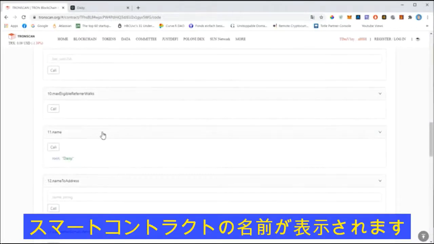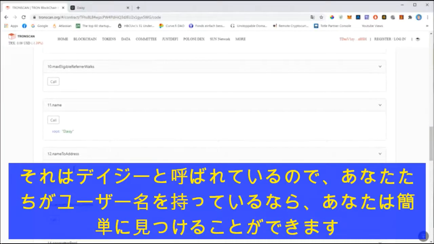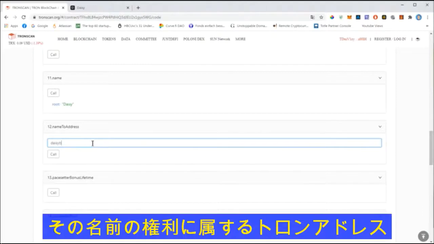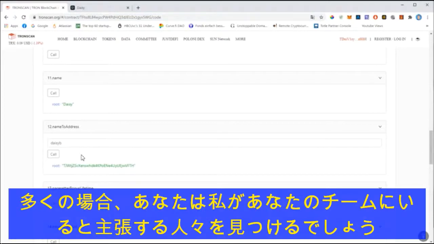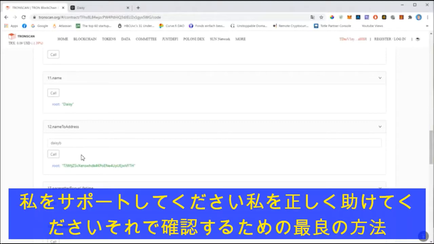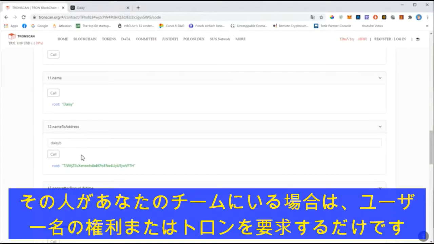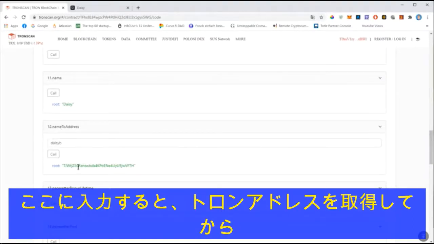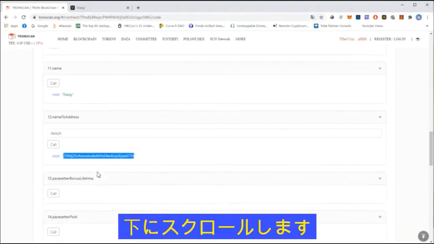So it shows you the name of the smart contract. It's called DAISY. So if you have a username, you can easily find out the Tron address that belongs to that name, right? Many times you will find people claiming, "Oh, I'm in your team, please support me, please help me." So the best way to verify if that person is in your team is to ask for the username or the Tron address. Well, if you have the username, you just enter it here, and you get the Tron address, and then you scroll down below